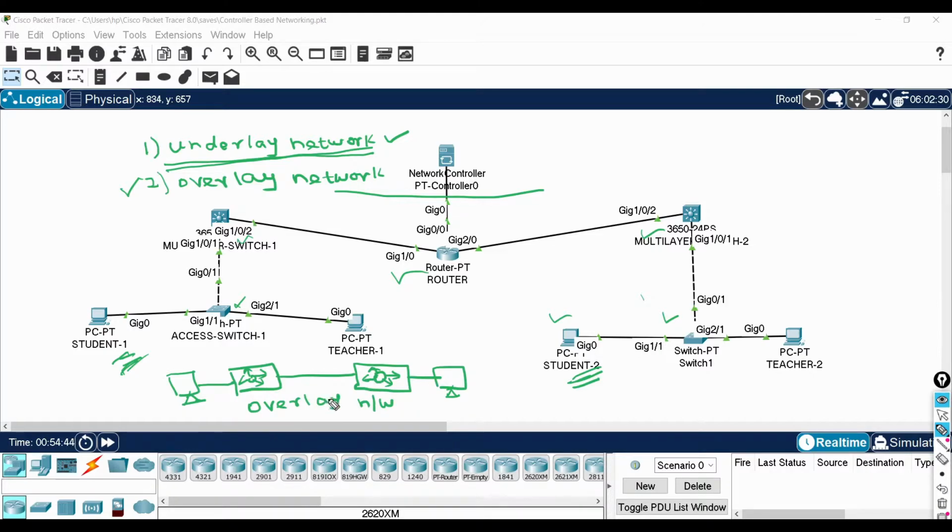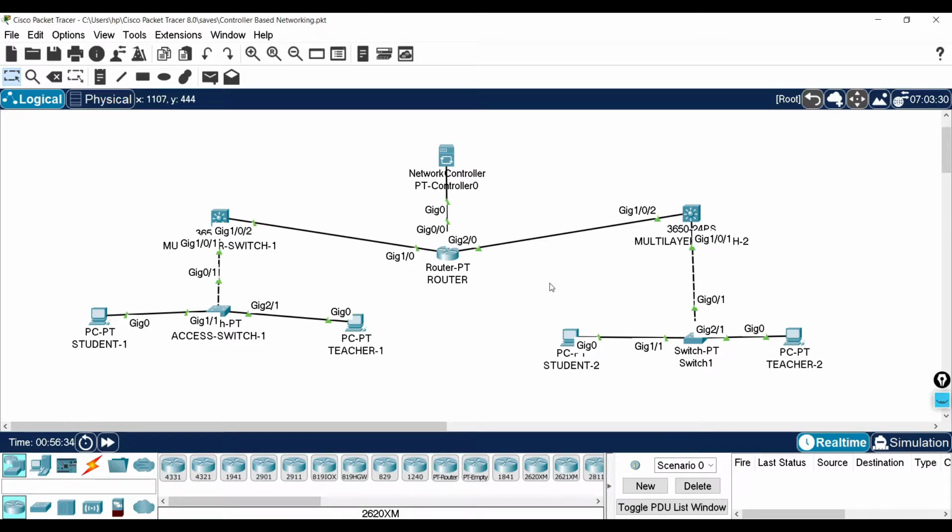The overlay network simply views the network from the user's point of view. So in the overlay network, it assumes there are only two devices between student 1 and student 2. The remaining devices appear to disappear from the user and controller point of view, though the controller has the entire knowledge about the whole network.